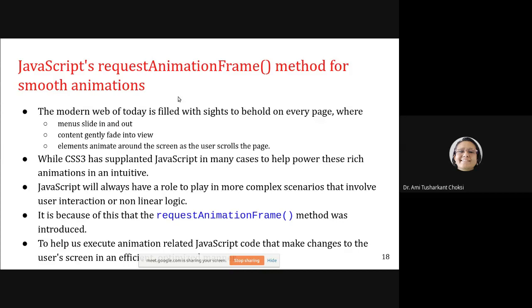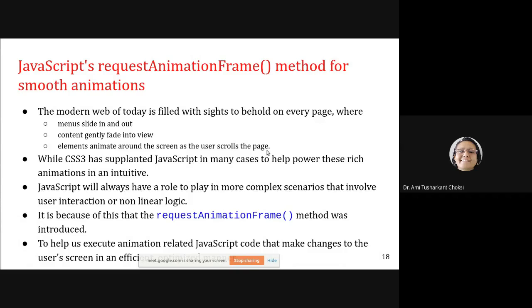The modern web of today is filled with sites to behold on every page, where menus slide in and out, content gently fades into view, elements animate around the screen as users cross the page.